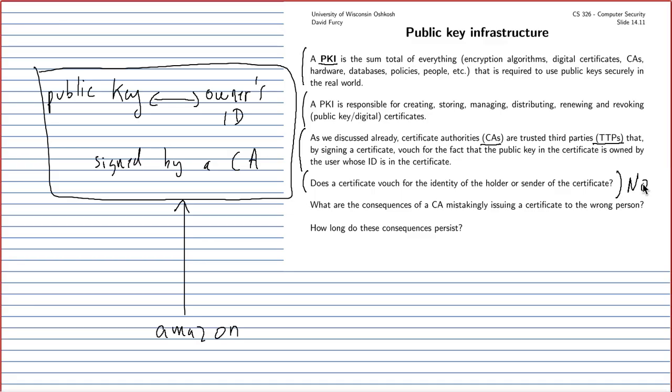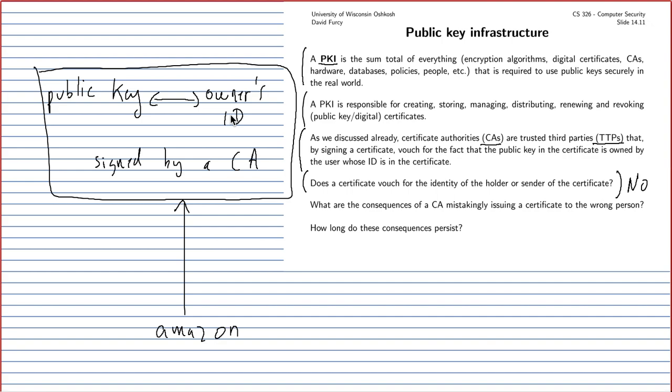As we discussed before, you cannot know who sent you the certificate. The certificate is available to everybody who's ever done business with Amazon, since Amazon sent them the certificate. The certificate does not guarantee who sent you the certificate. What it does guarantee is that the public key inside of it is actually owned by the claimed owner.